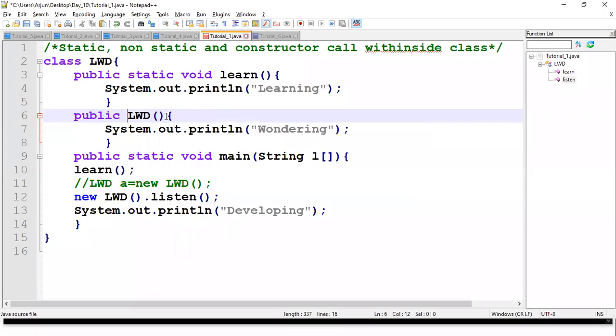Now what is the purpose of using a constructor? What is the function of the constructor? Why do we have to use it? It is used to initialize an instance inside a class. You will have some values here: instance values, static values.